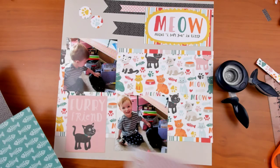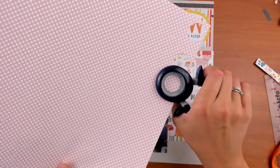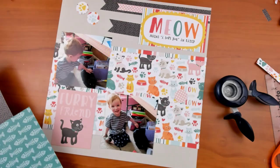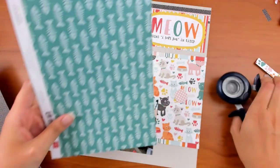And then I thought I would do the polka dot side too, so then it doesn't really matter which one I'm doing. So I don't have like thickers or stickers that go with this one. I'm sure there were some. I just either didn't purchase them, or